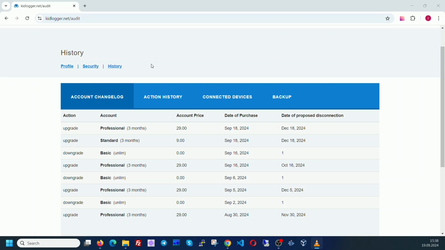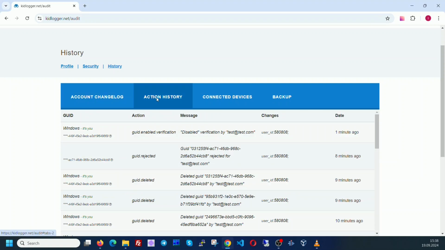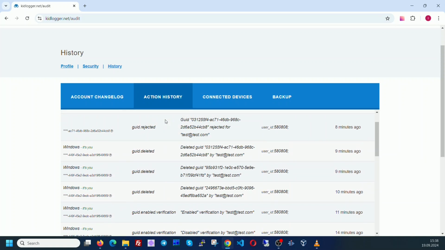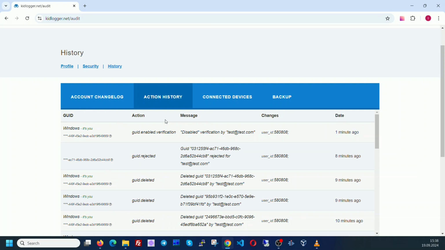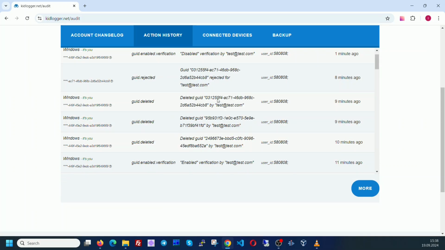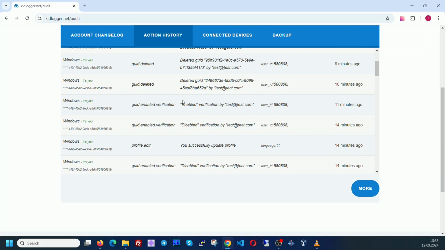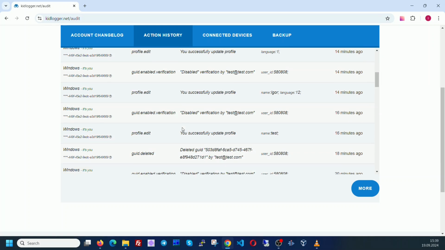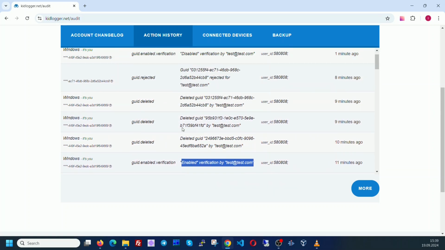Action History is an audit that shows our actions within the account. For example, we logged in from another browser, which created a new digital footprint. The action history also shows all our actions from the moment the account was created.